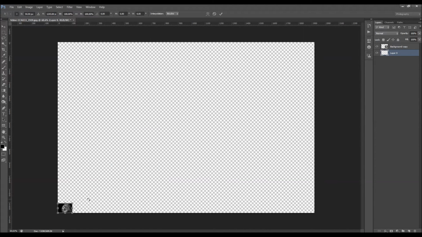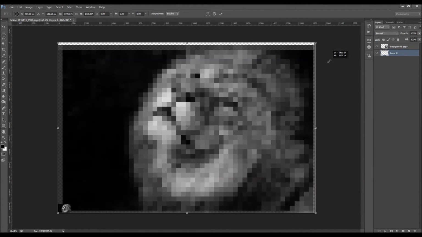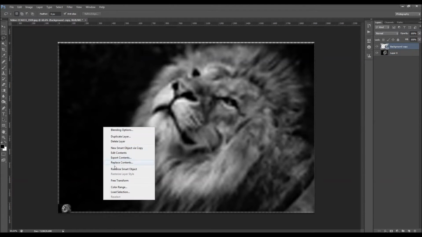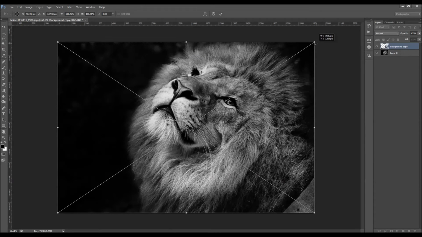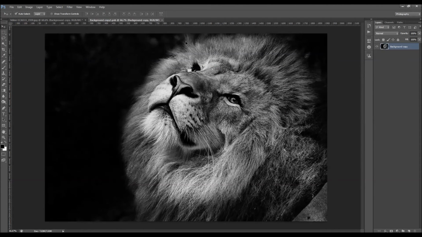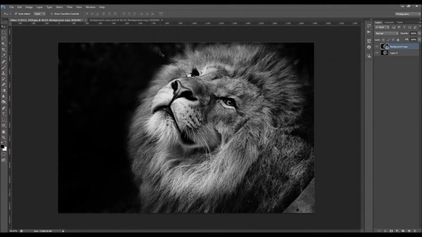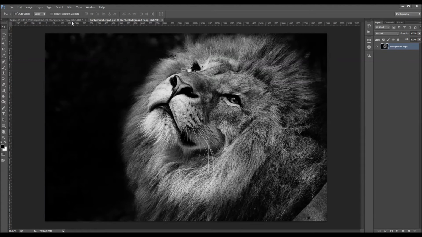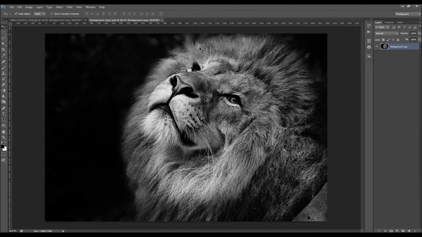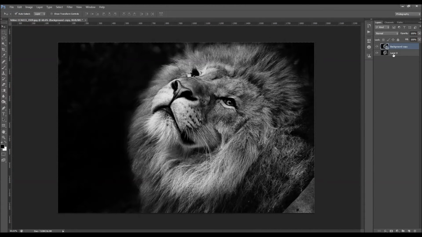If I resize this photo again to its original size and click OK, you will see that your photo becomes blurred. But if I transform the smart object layer, you will see that the photo is exactly the same. It will not lose quality at all. That's because your original photo is actually inside the smart object, in this file over here and not in this one here. So when you change the size of your photo over here, your photo is still the same in the original document. I'm going to close this and